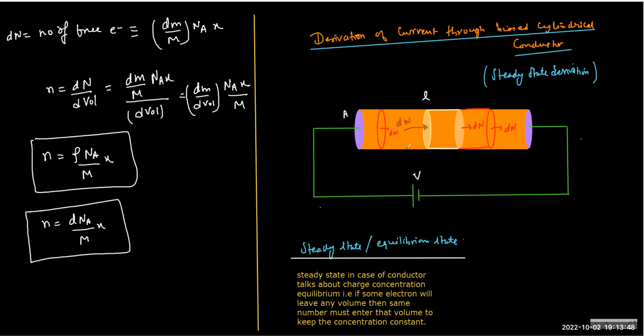So when you say a current of 2 ampere is flowing through a wire, what do you mean by that statement? You mean that no matter which cross section you choose, you will witness 2 ampere. That is the meaning. I hope all of you are able to realize this fact, which I discussed in the very first lecture. Yeah. So current is defined for a cross section, but we can say it for the medium only when it is steady state flow, because in steady state, no matter which cross section you draw, you are going to get the same answer. Okay, guys, is this clear? Yes. Okay. So therefore,